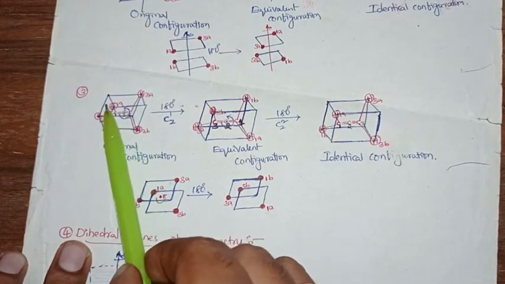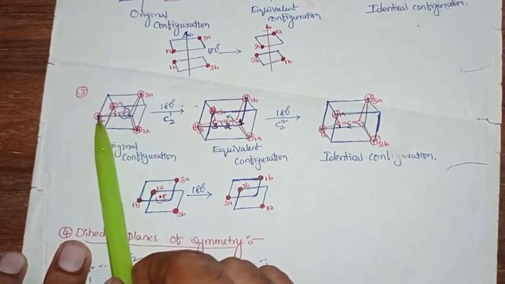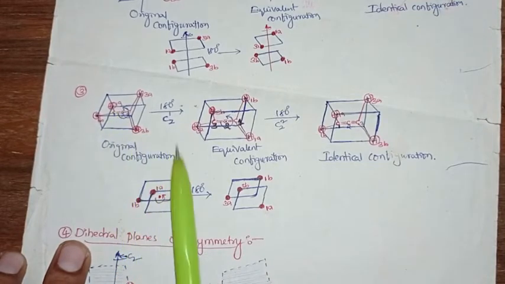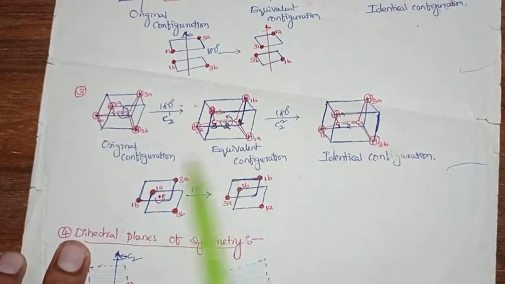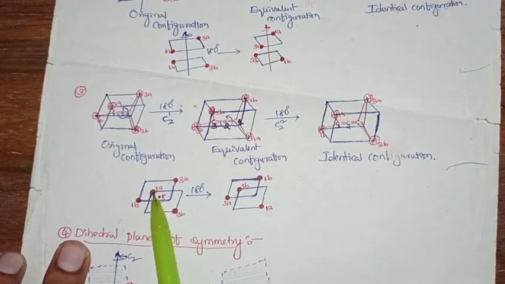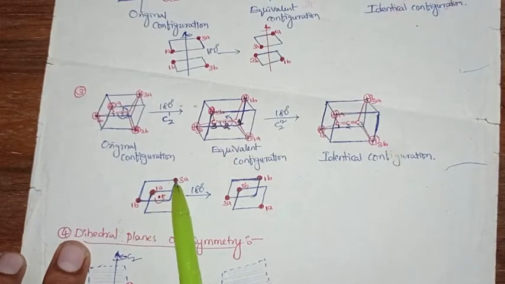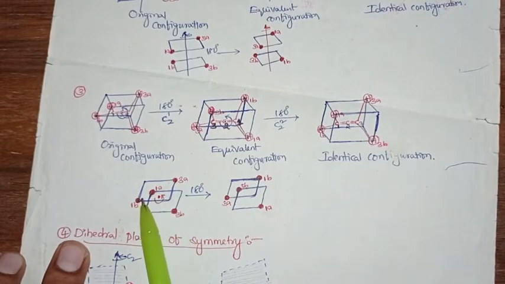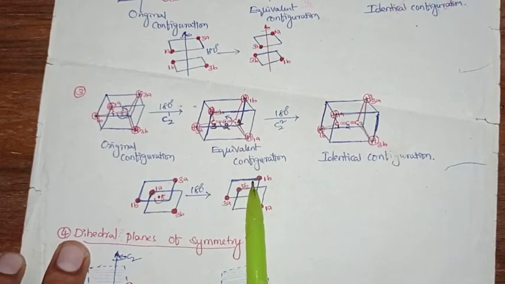In the back side, when we consider, we have H1b and H3a, in the front side we have H1a and H3b, right, like this. So doing rotation, what happens, in the front side when we observe, this particular H1a will reach the H3b position upon 180 degrees of rotation, and H3b will reach the H1a position. Same to that, the rotation of 180 degrees also replaces the H3a to the H1b position, and H1b gets the H3a position, like this, right.